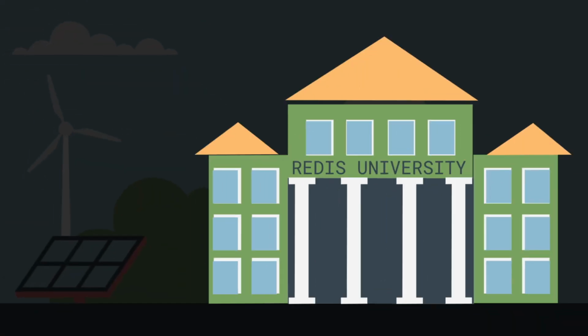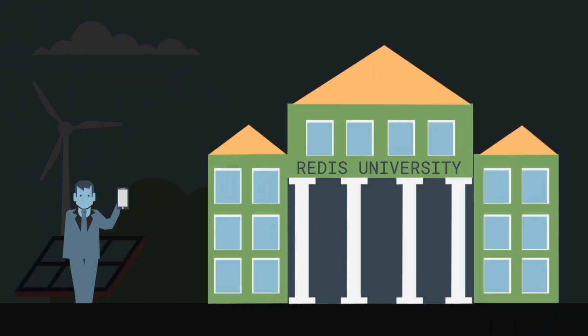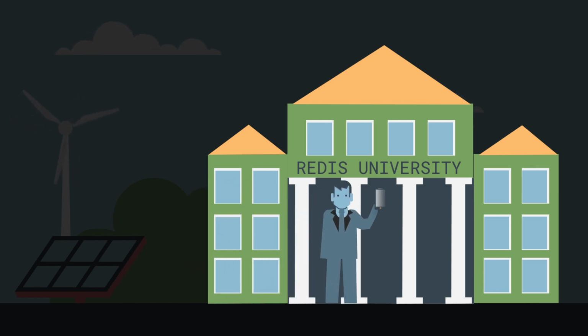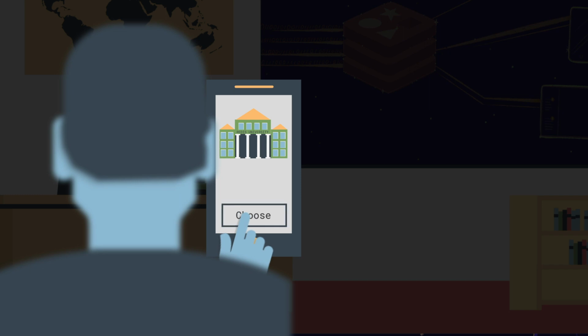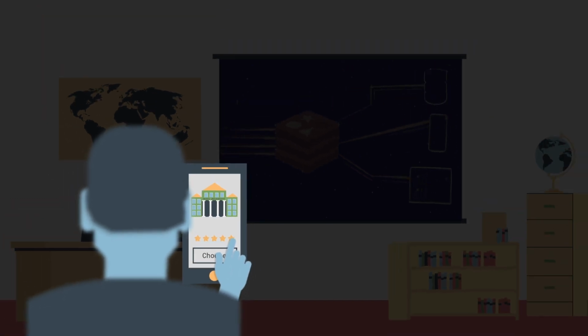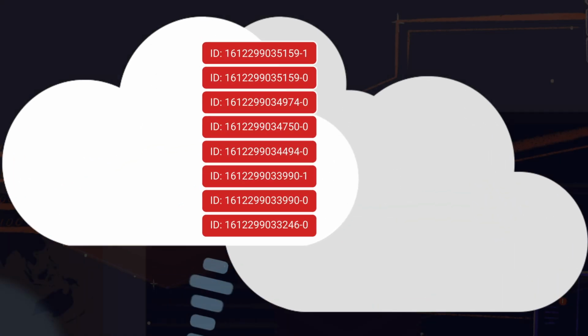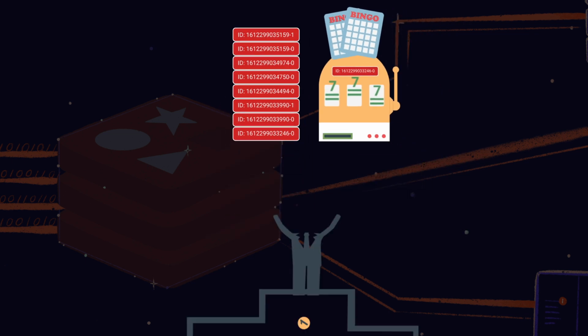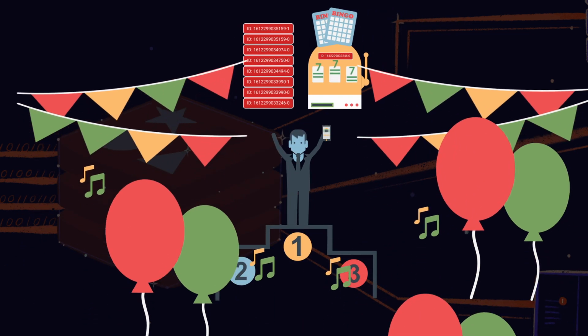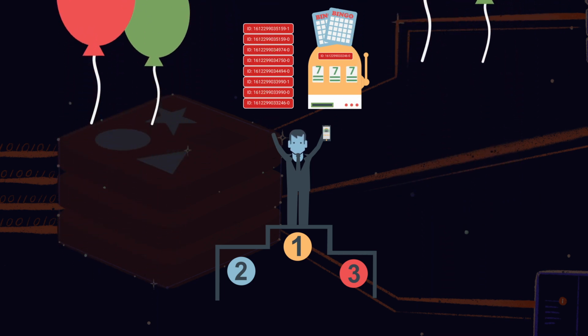So enough theory. Let's look at Redis streams in action. We'll see how they fit into a common use case for streaming data systems, recording real-time crowdsourced data. Imagine we're building a mobile app that allows users to check in at all sorts of businesses, public spaces, and workplaces. Users provide star ratings based on their experience at each location. Each time a user checks in, they'll pick out their location from a list our app provides. They'll then select a star rating from 0 to 5, and the app will send this data along with their user ID to a server. Users earn prize draw entries for each check-in, and we periodically offer cool prizes to randomly drawn winners. This incentive encourages users to check in often, improving their chance of winning.